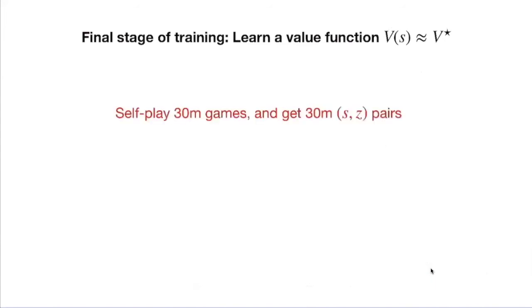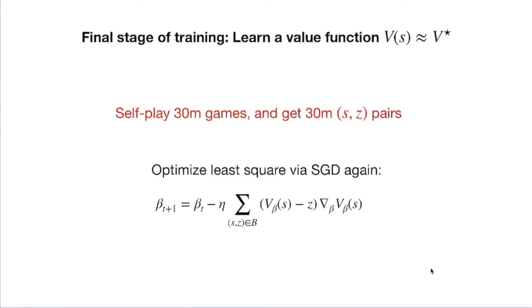Okay, so the way they collect the data is just self-play using pi hat against pi hat for 30 million games. And now you get 30 million state-value pairs. Again, you get a state from each game and you record down the value of that game. So that's the data set you get. This is a very simple supervised regression data set, right? And then you just do stochastic gradient descent on the least square objective function, right? So remember the objective function is V beta